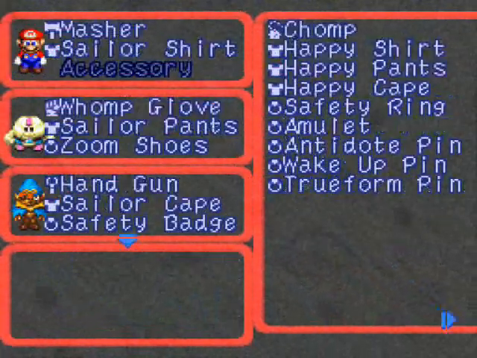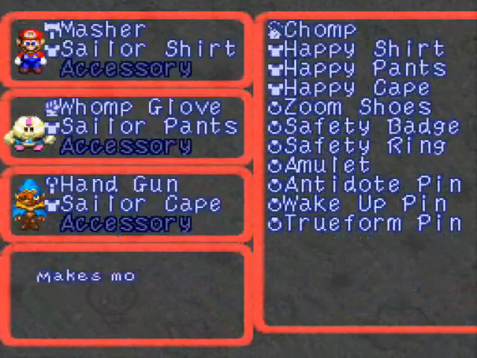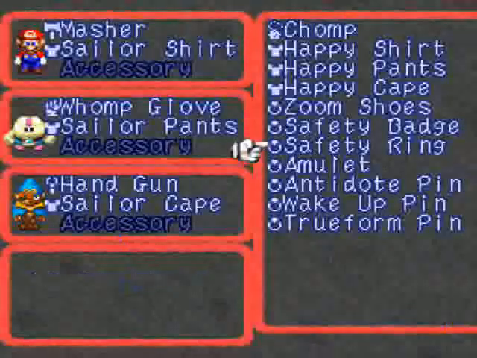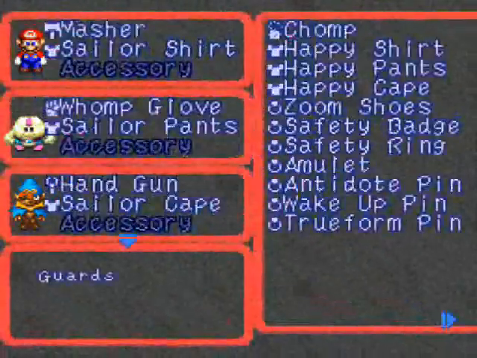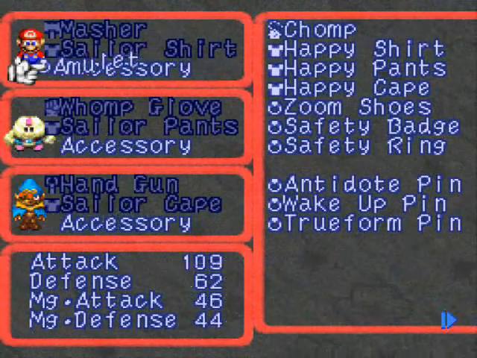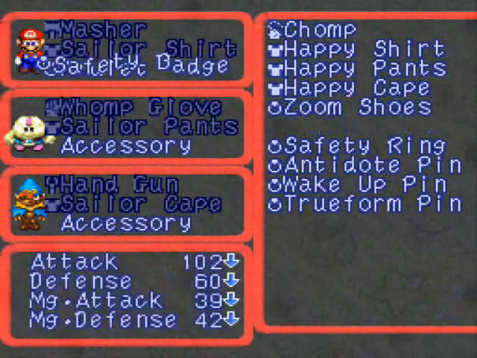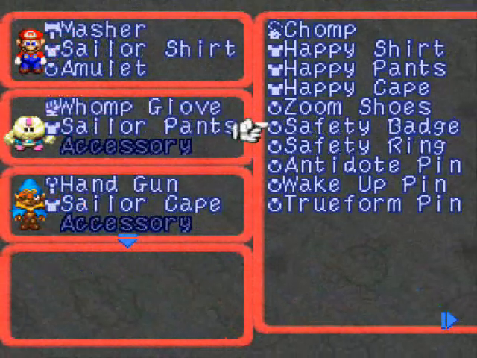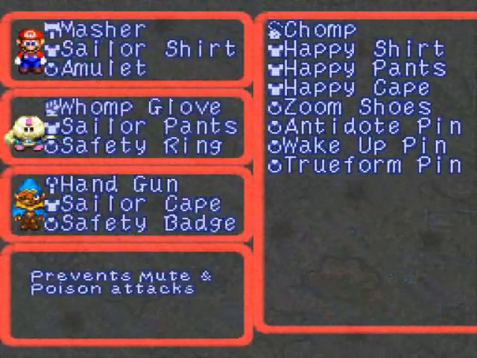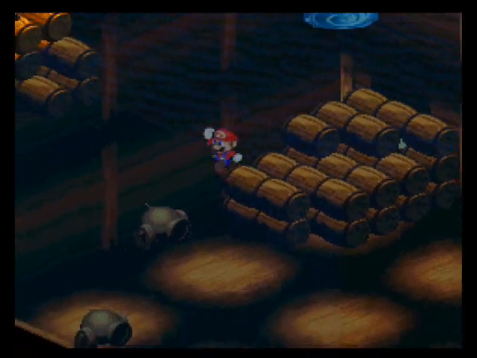And no, I don't actually remember what they do, so we're going to start out this exciting segment by accessorizing. Let's see, safety ring, guards against instant death, safety badge is mutant poison. The amulet, I think, is just a generic increases stuff. Someone said in the comments that it decreases some stats. I'm not seeing that right now, but I want Mario to have the best at the moment, so whatever increases him the most. I guess the amulet's still best. So safety ring, safety badge. I really don't know. Whatever. I don't want to put too much thought into it, because I don't really know what they do that well, so